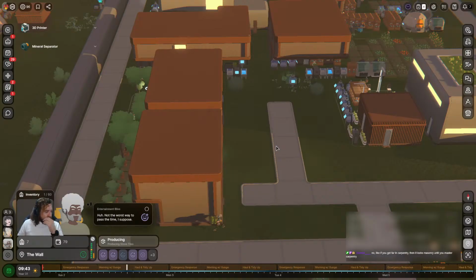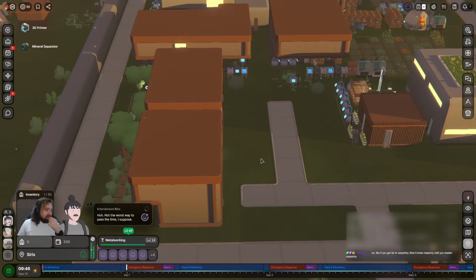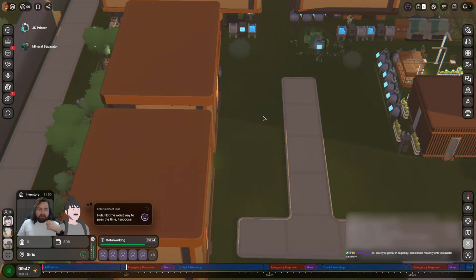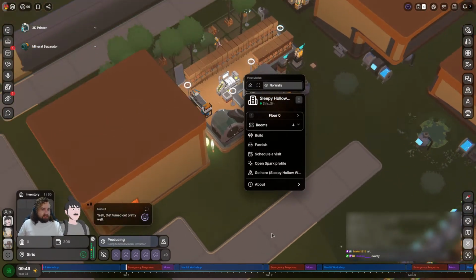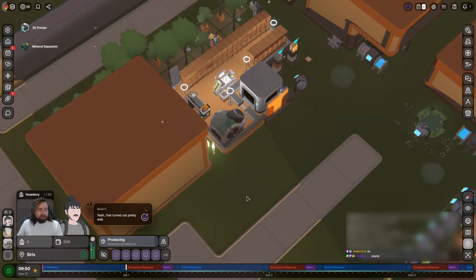If you get far in carpentry, then it unlocks masonry. Oh, then it locks. Oh, I see, I see. So you basically have to pick one skill path until you master it, and then it unlocks the option to split into different types of skill sets. I get what you're saying.